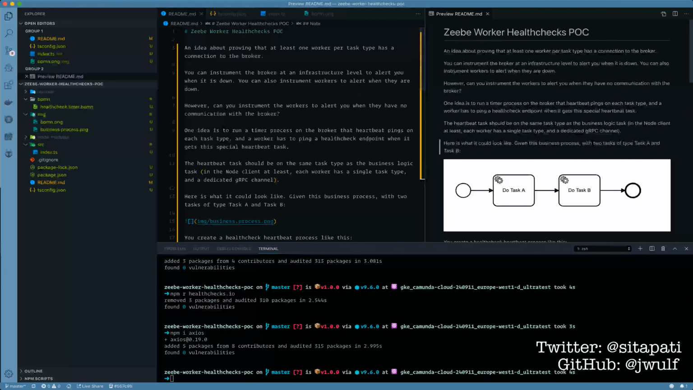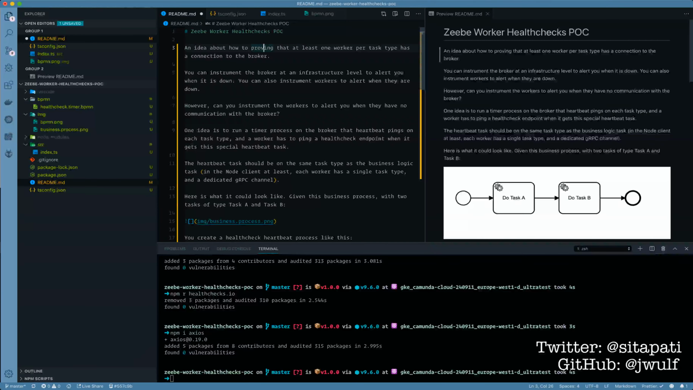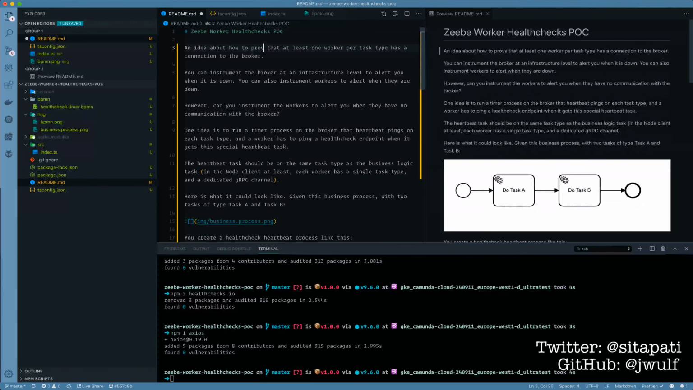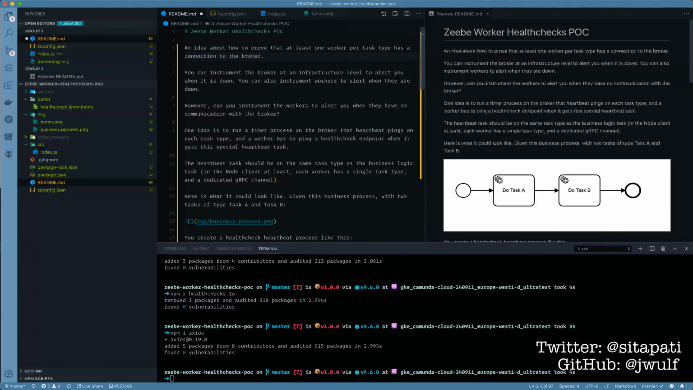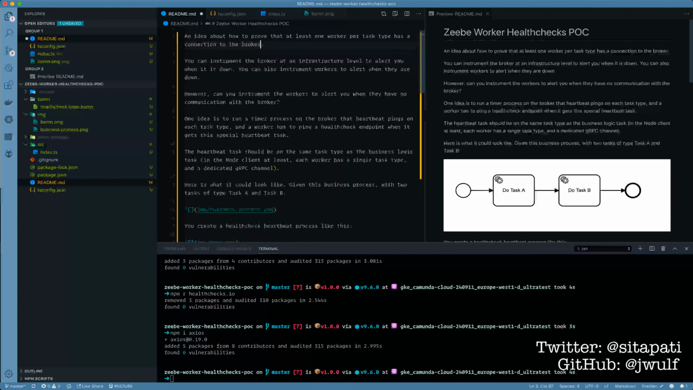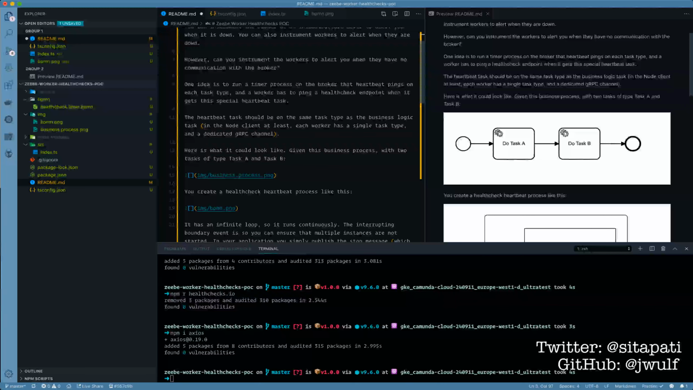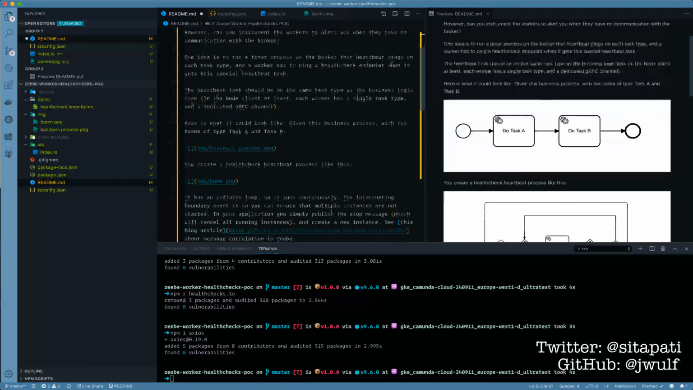Okay, an idea about how to prove that at least one worker per task type is running and has a connection to the broker. Yeah, that's it. You can instrument the broker at an infrastructure level to alert you when it's down. You can also instrument workers to alert when they are down. However, can you instrument the workers to alert you when they have no communication with the broker? One idea is to run a timer process on the broker that heartbeat pings on each task type and a worker